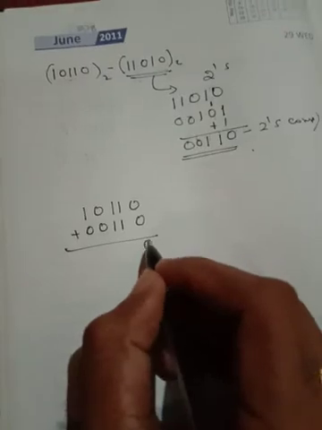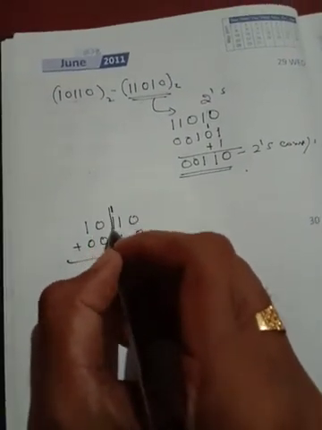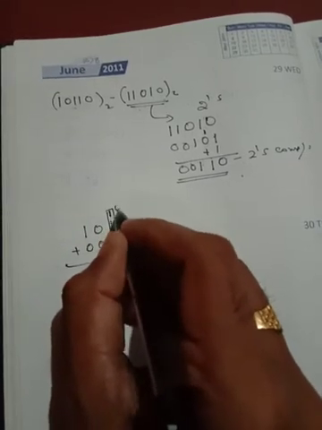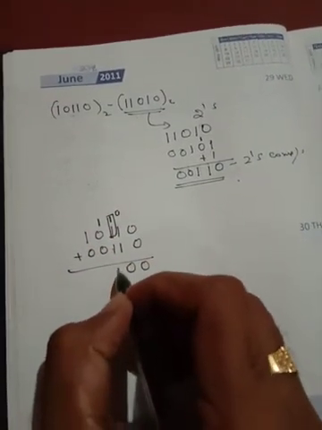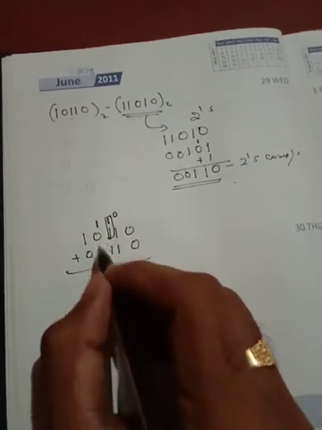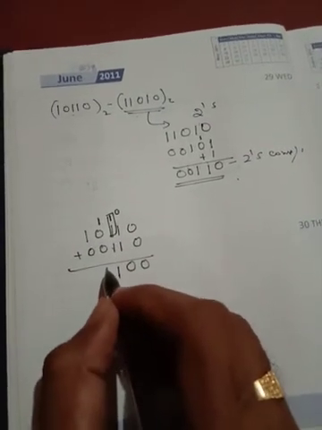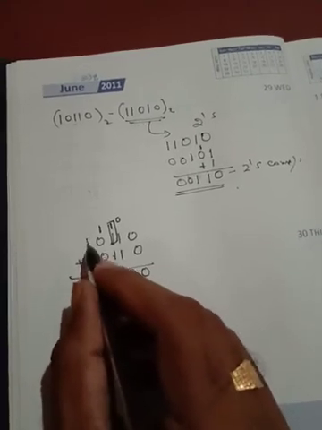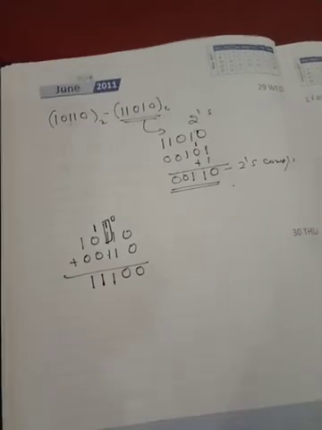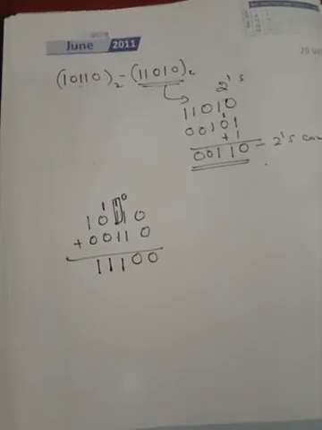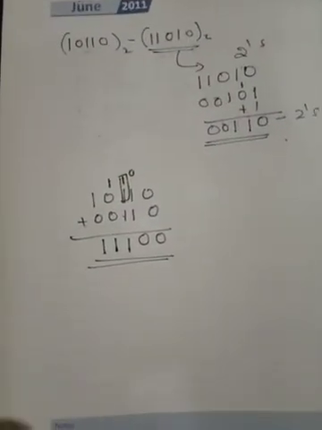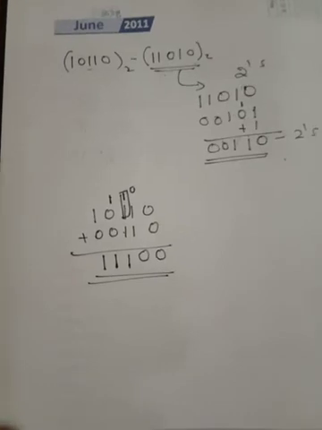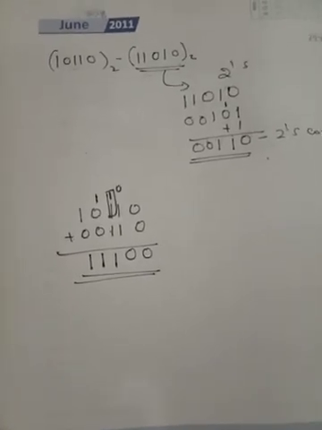Fine. Now what is a normal addition? 0 plus 0 is 0, 1 plus 1 is 0 with 1 carry, 1 plus 1 is 0 with 1 carried to the next position, 0 plus 1 is 1, 0 plus 0 plus the carry is 1, and 1 plus 0 is 1. Fine, you are going to get this particular answer. Now, do you have a carry here in this example? You don't have the concept of carry here. That means it is a negative number, isn't it?